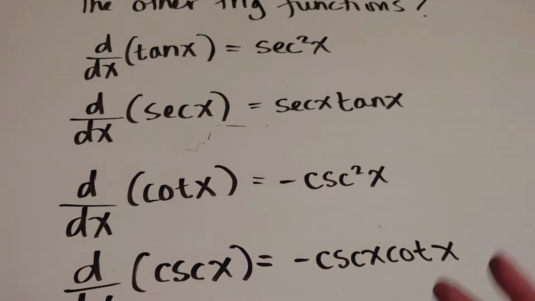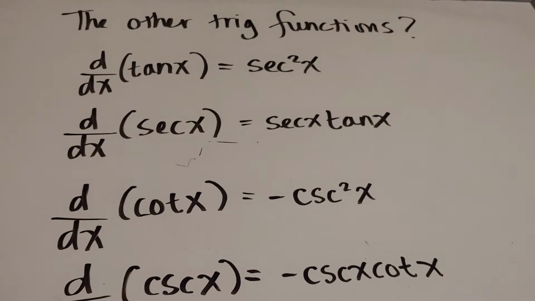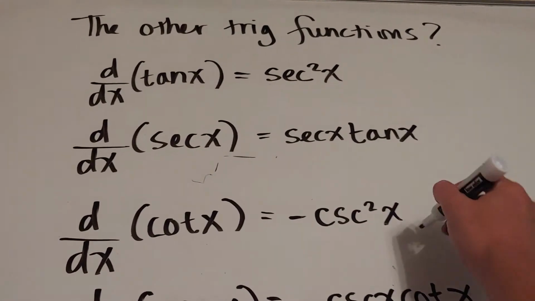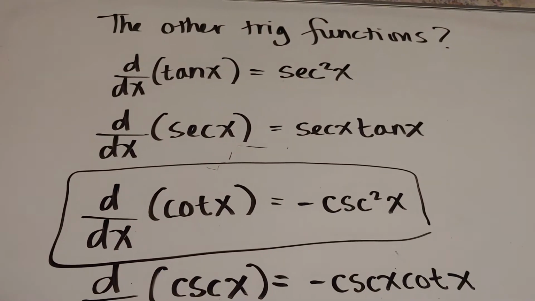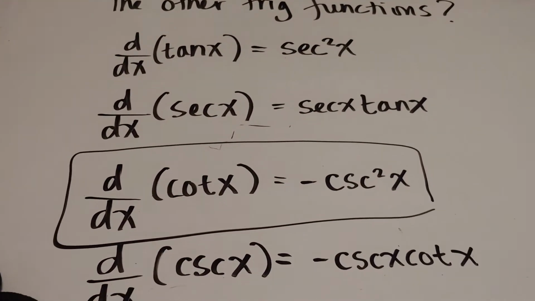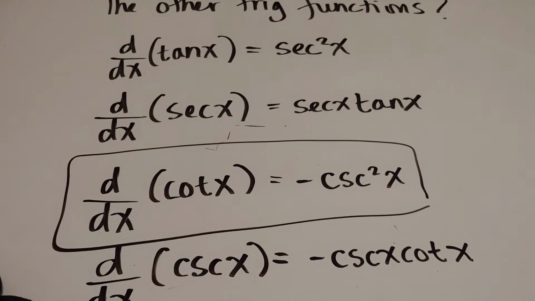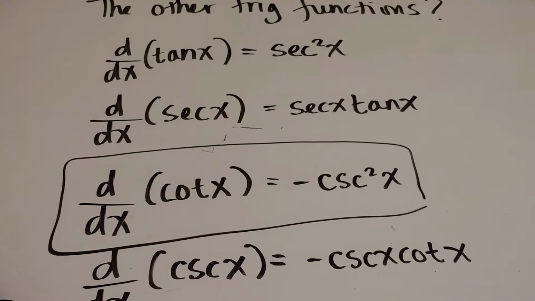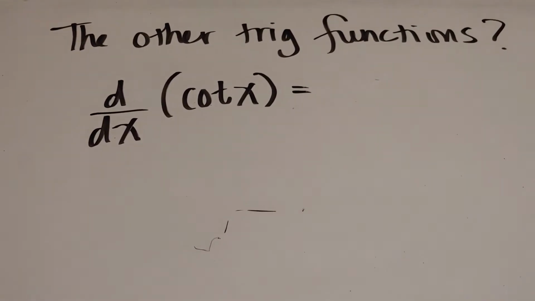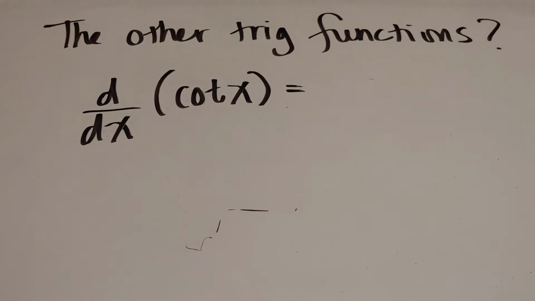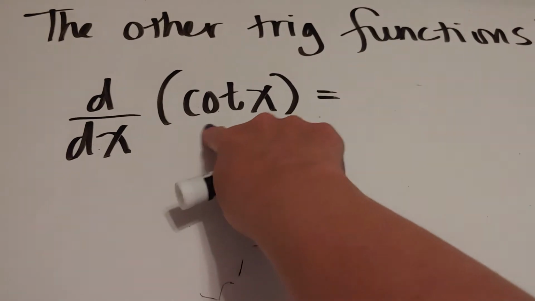All right. So you want to memorize these, but you're probably curious, how did these come about? Like, why is this true? Just pick any one of them. Why is it true? How it's true is you could actually derive it using the quotient rule. So I'm going to show that right now. I'm going to show you that the derivative of cotangent x is going to be negative cosecant squared. But first, before I can do that,